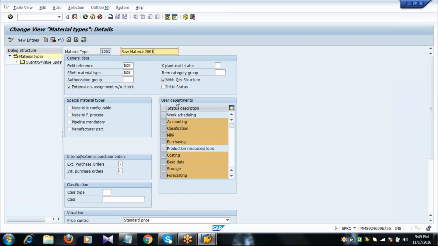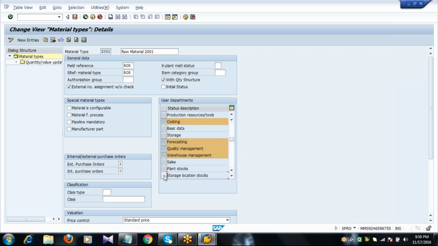So what are the following departments? From our point of view: accounting, purchasing, basic data, storage, plant stocks, and storage location stocks. These should be activated. If other departments are in activated position, don't disturb them.